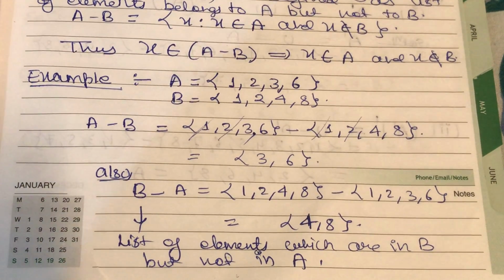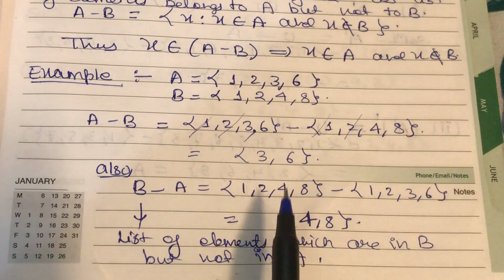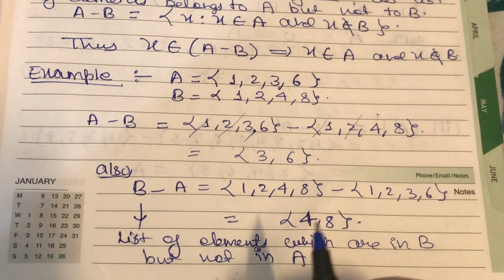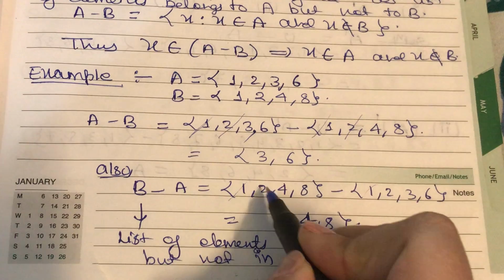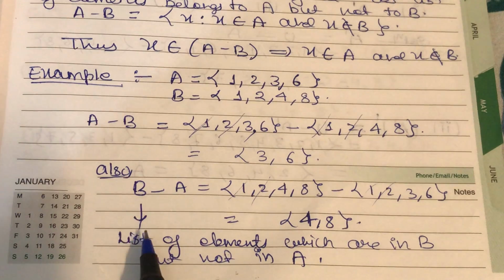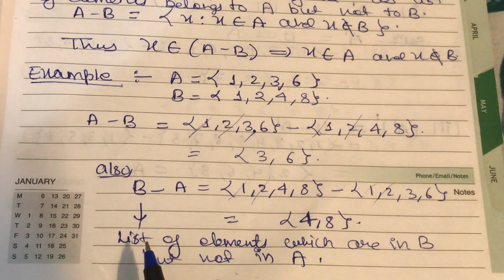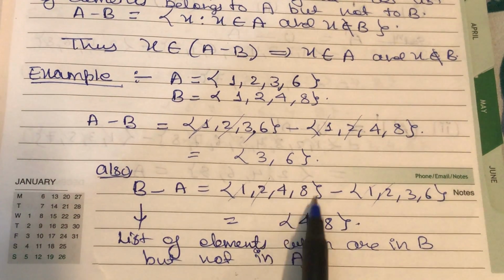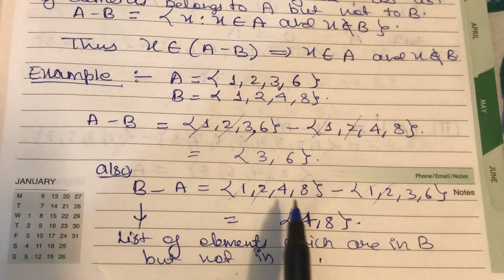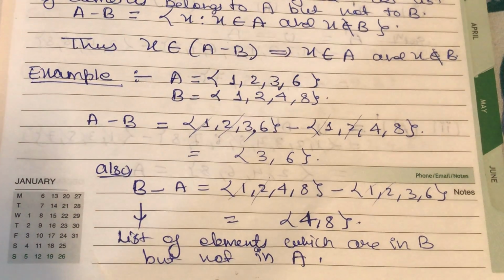Similarly, let me show this B minus A. At place of B, I have written the first set B here and minus, and here I have written set A, right? Now the common elements get cancelled out. As I said, I'm doing B minus A, so definitely it should be the list of the elements which are in B but not in A. That means I have to give priority to the elements which are present in B. So I'll simply write the elements which are present in B. So 4 and 8, these are the left out elements, which are present in B, not in A. So this is the answer.